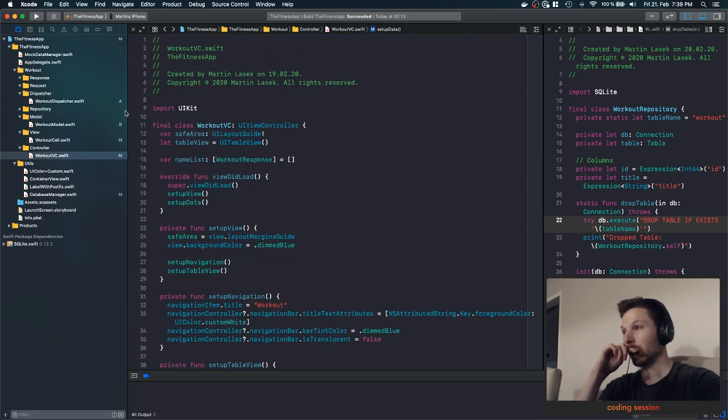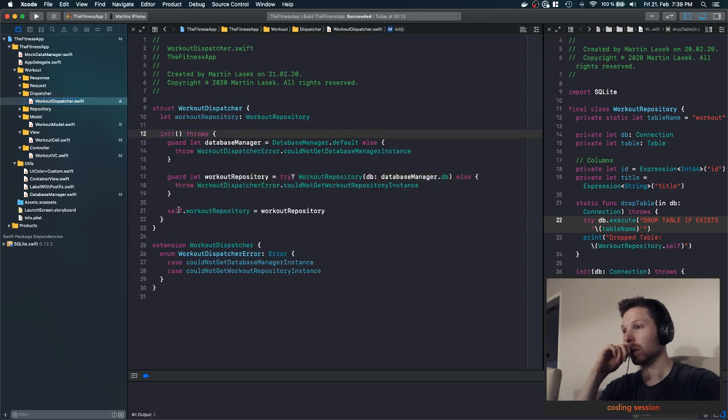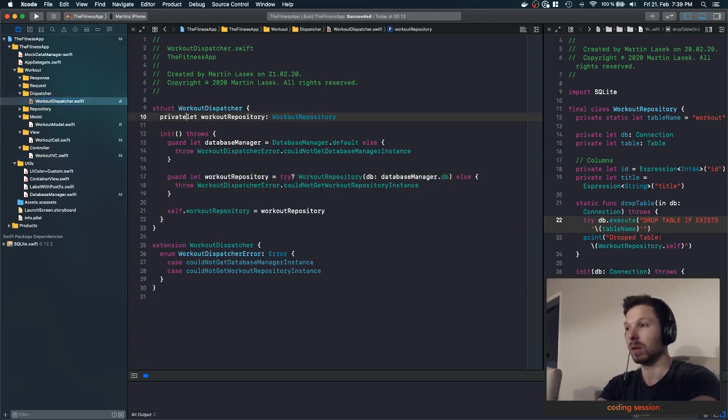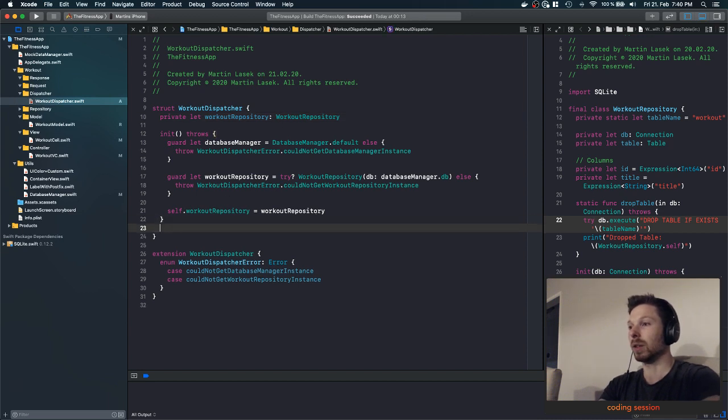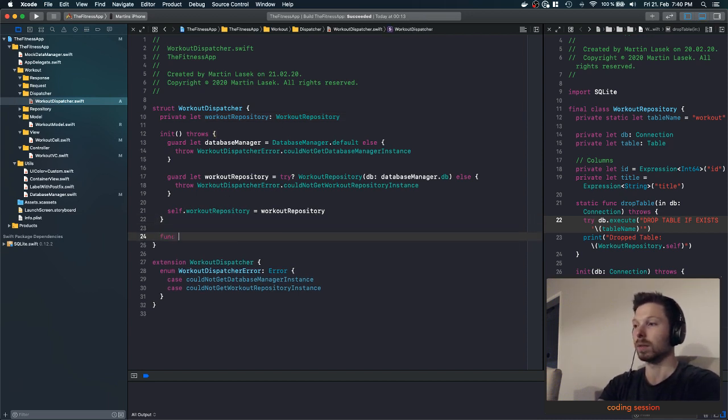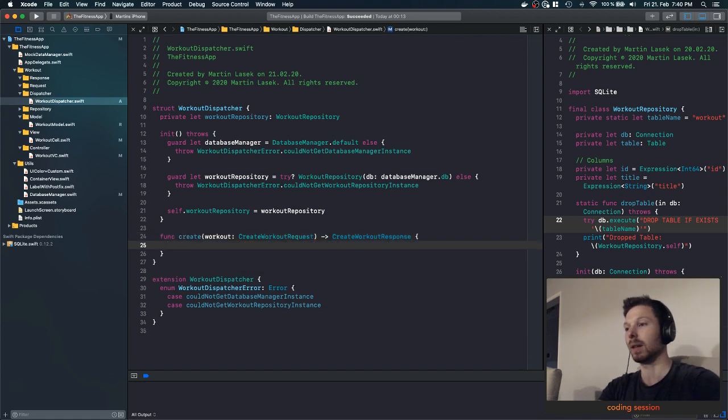So we got the workout dispatcher. It has the workout repository, which should be private, just known by the workout dispatcher. And now this one can, for example, create a workout by a create workout request. And the create workout request has a create workout response as an answer. And let's say